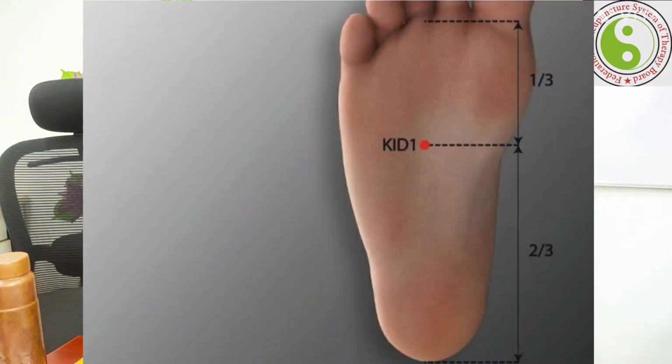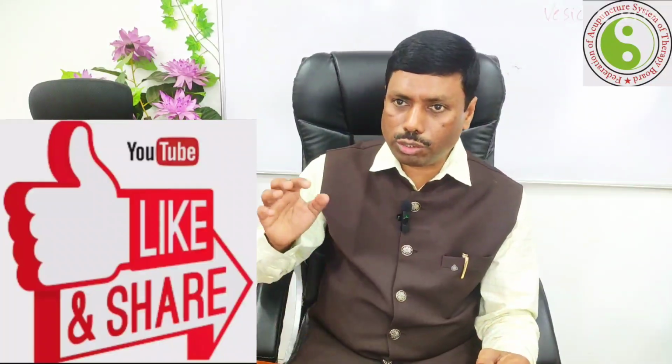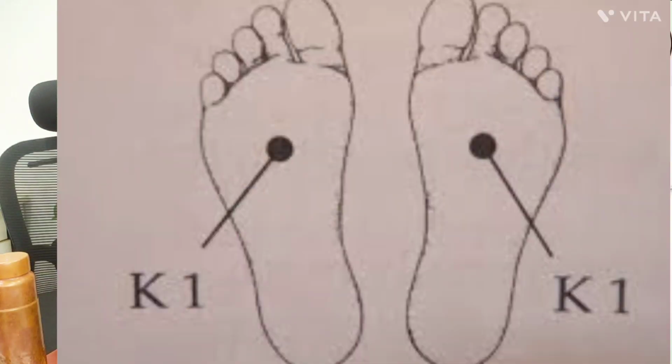of the nail base of the pinky toe, known as the K1 point. The second location is on the sole of the foot, at the junction of the anterior 1/3 and posterior 2/3 of the sole of the foot. That is known as K1. Another location to understand: when the patient is sitting or lying in the supine position,